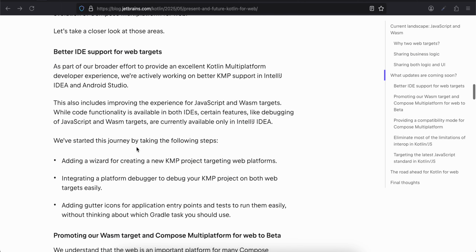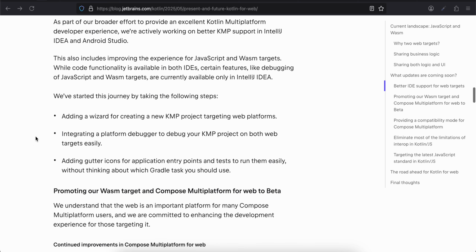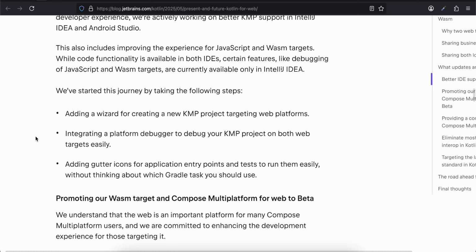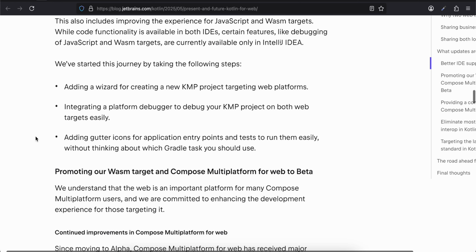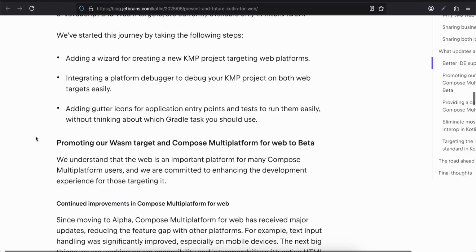Better IDE support for web target. As part of our broader effort to provide an excellent Kotlin Multiplatform developer experience, we are actively working on better KMP support in IntelliJ IDEA and Android Studio. This also includes improving the experience for JavaScript and Wasm targets. While code functionality is available in both IDEs, certain features like debugging of JavaScript and Wasm targets are currently available only in IntelliJ IDEA. We have started this journey by taking the following steps: adding a wizard for creating a